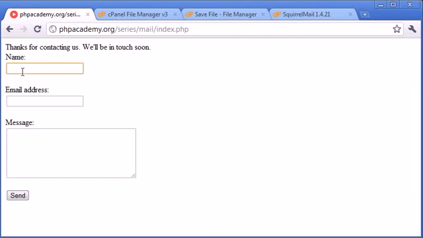We don't have a max length for name, nor do we have a max length for email address or message. So you're going to need to use the strlen function to see what size these values are. You could set a message size of no more than 1,000 or 2,000 characters. Email address I'd say no more than 50 characters, and name no more than 30 characters, or 25